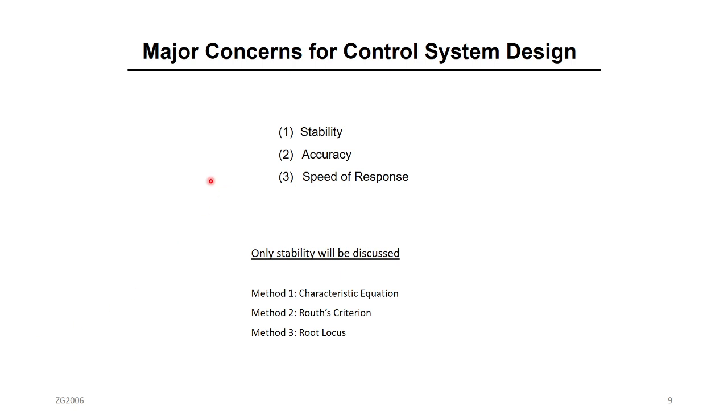Okay. This is going to be the last topic that we're going to discuss in this video. What are the major concerns when you want to design the controller? We talked about this briefly before. Now, let me recall it again. When you want to design your controller for the transient response, we focus on three things: stability, accuracy, and speed of the response. Okay? Stability, when I say stability,